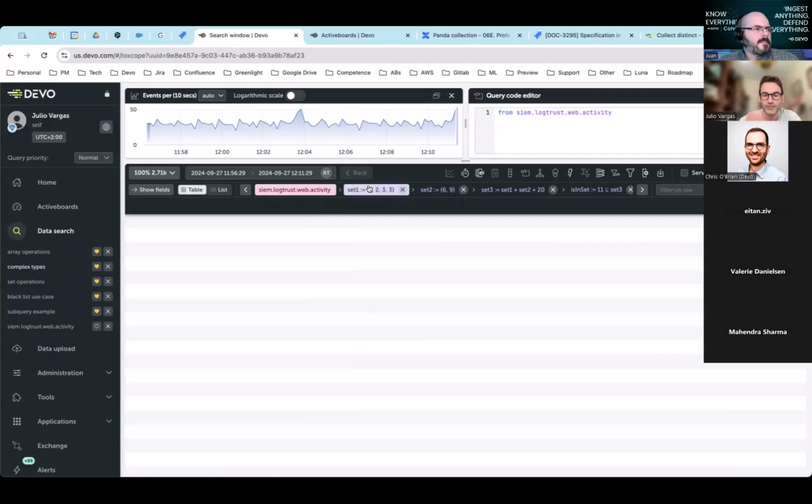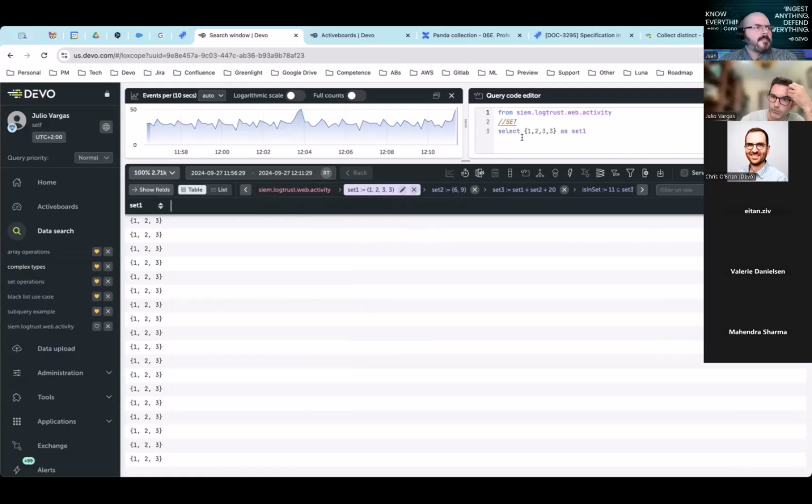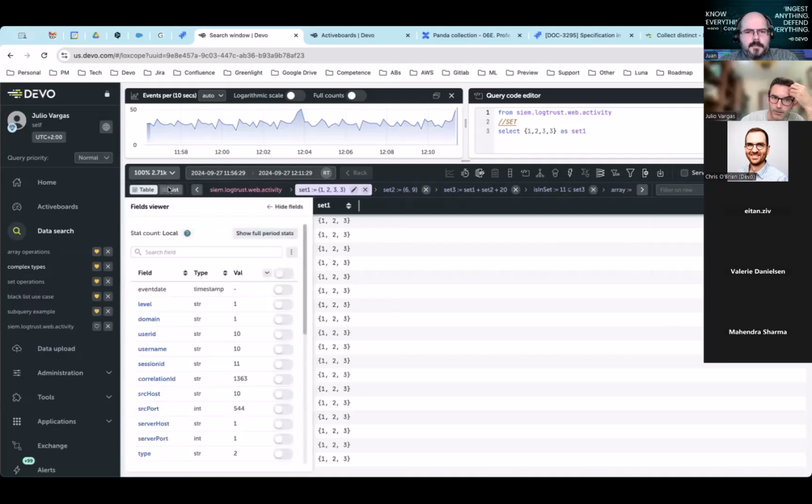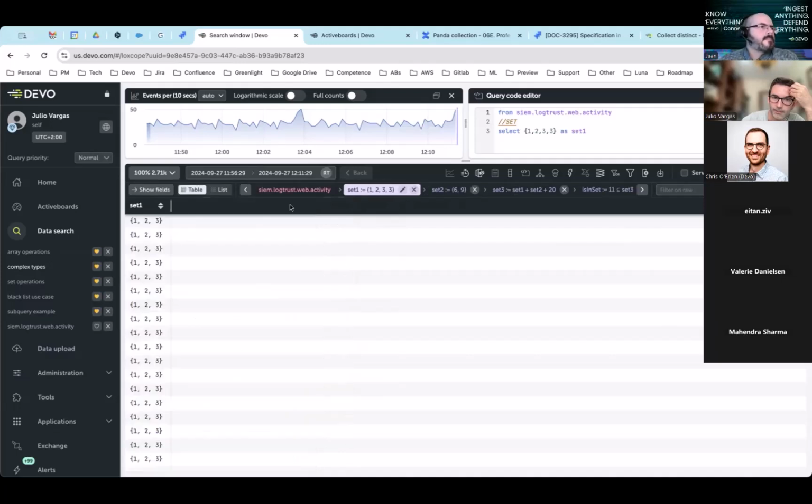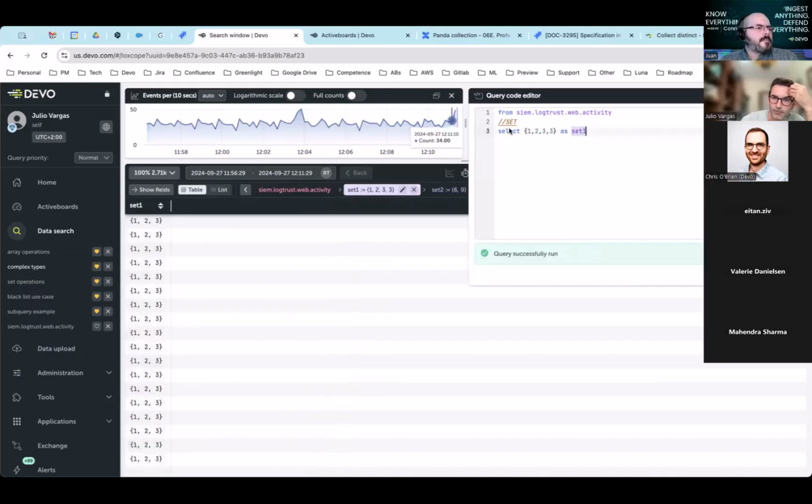Okay, so the first complex type is a set. I can create a set. Well, I'm in a table here. I have hidden all the columns just for simplicity, and I'm going to start adding new columns. All the rows will show the same information, but this is just theory, so we don't care very much about the data, just the complex type that I'm creating. So the set,